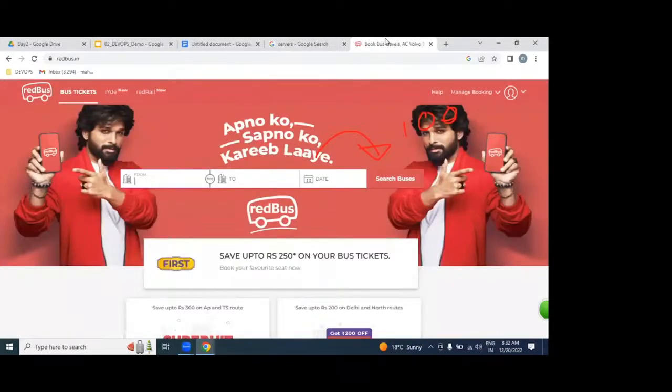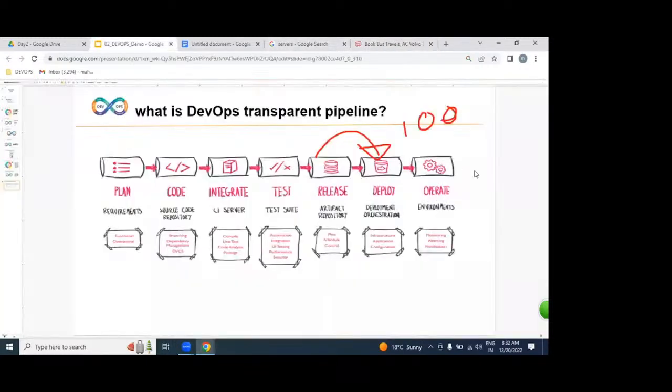Is our job finished up to here? No. Whether this application is working or not, we are going to monitor and maintain it.